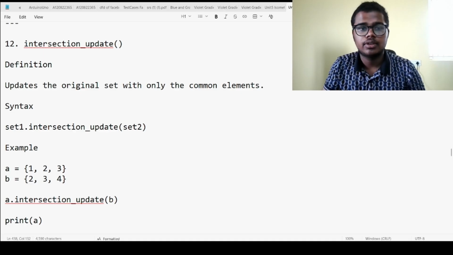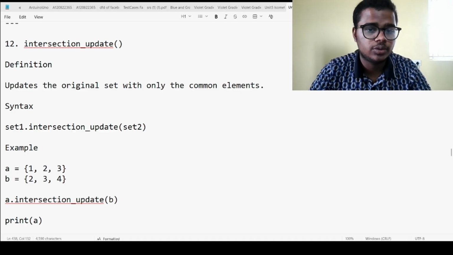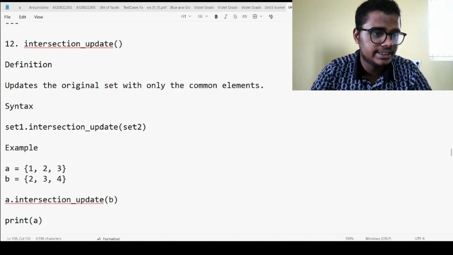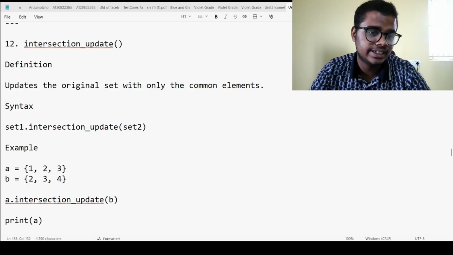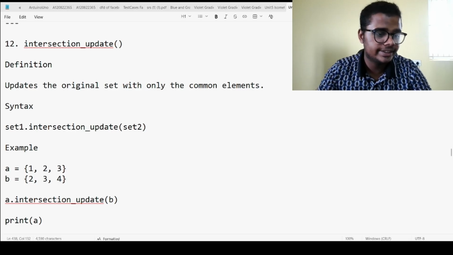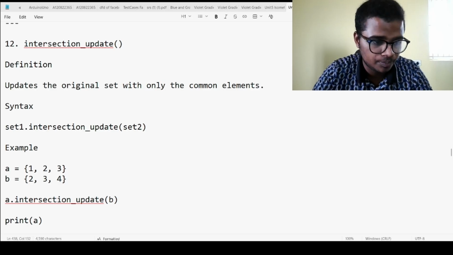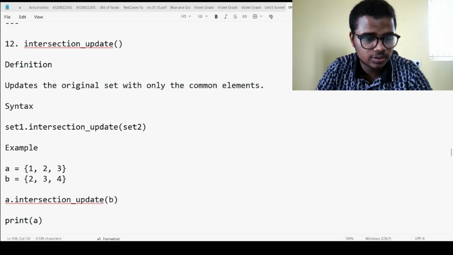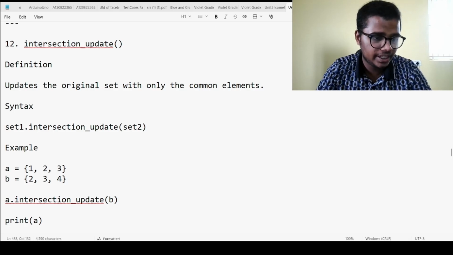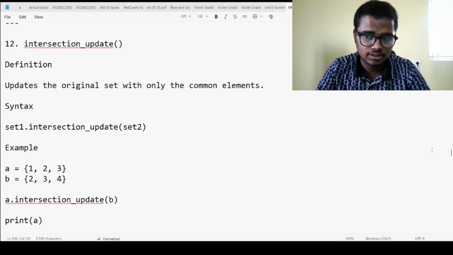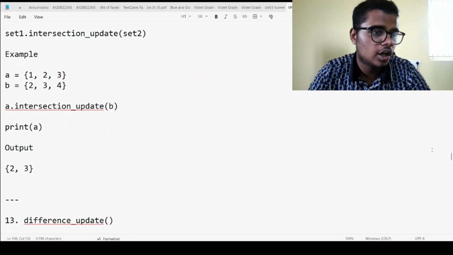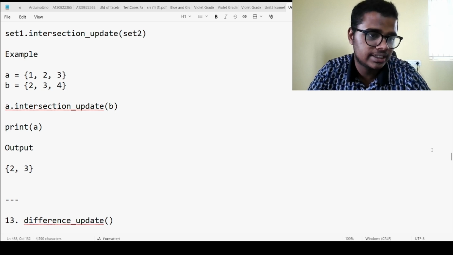Intersection update updates the original set with only the common elements. Syntax: set1.intersection_update(set2). Example: A = {1, 2, 3}, B = {2, 3, 4}, A.intersection_update(B), print A. It will update the common elements of both sets and give them as a new